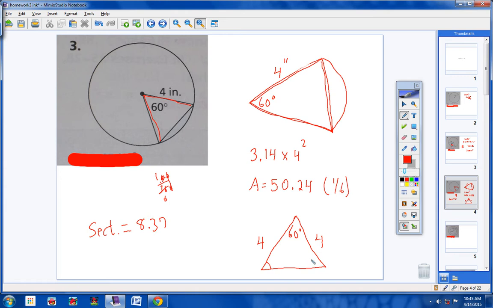So this angle has to be congruent to this angle. Well, hold it. If this is 60, and these two have to be congruent, we have a 60-60 triangle. Can I go ahead and tell you something right now? From now on, during the rest of this homework lesson, and during the rest of your mathematical life,